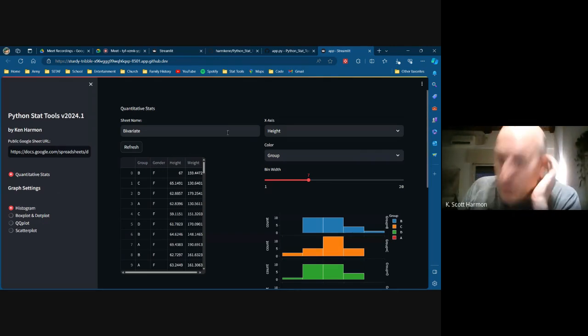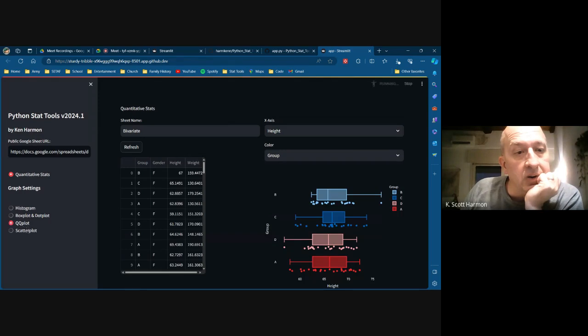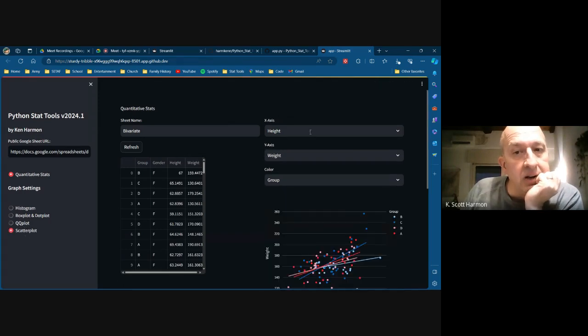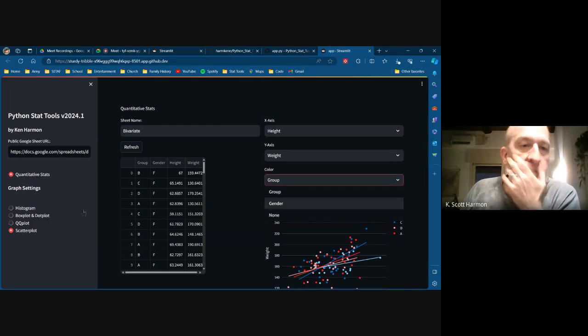But what this program does is, here's the data that comes in from the Google Sheet. And they can do different graphing techniques for the data. You can pick different categories and such, but I'll explain all of this in the next video. But what I'm going to do right now is, because this is where I'm going to stop for today,